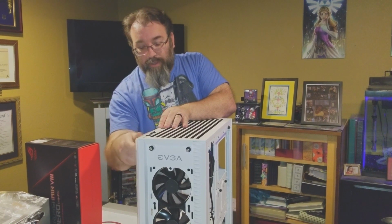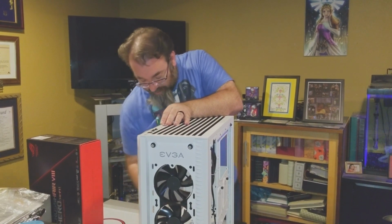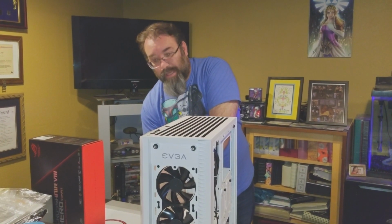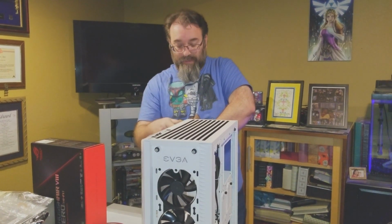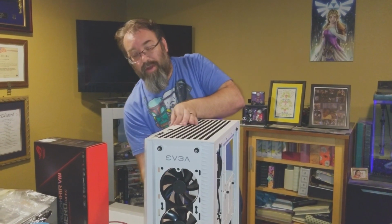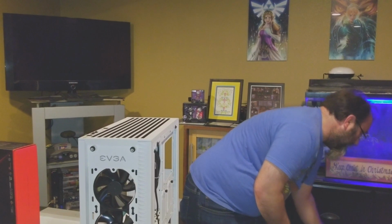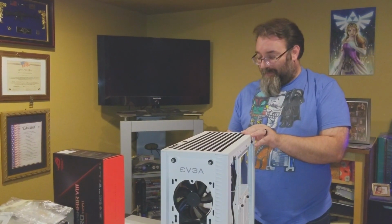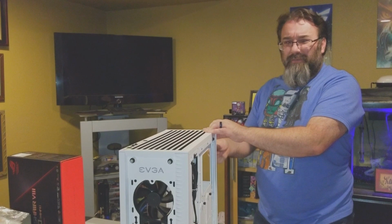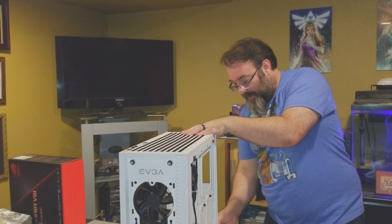Now again, there's the 3 tempered glass panels, the 2 side panels, the front, and then there's a rear cover as well. My only complaint I think I have about this case is that while the inside looks like it's aluminum, the rear cover and the top cover are plastic. So that's probably my only complaint against this case, is it makes it feel somewhat cheap, even though it is a really good quality case. I believe these retail for about $150, just depending on which model you go with. Now this model that I have here, the DG-77,